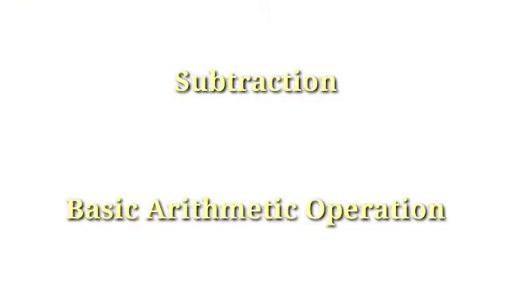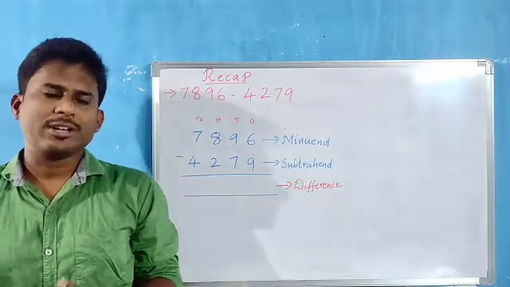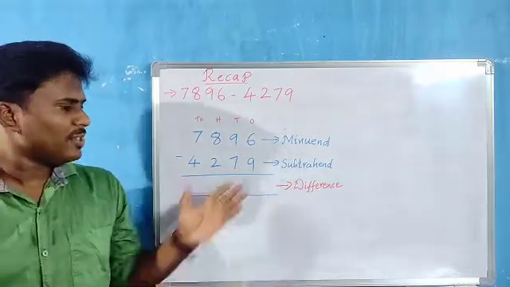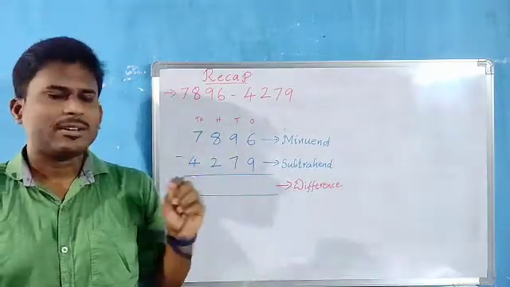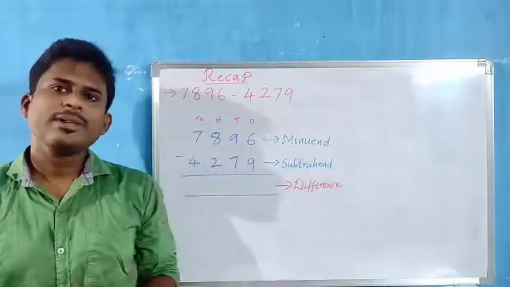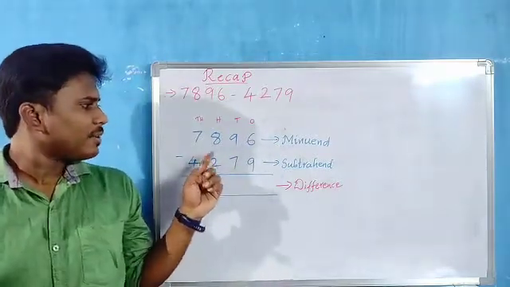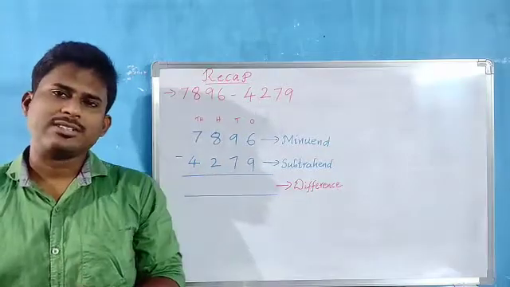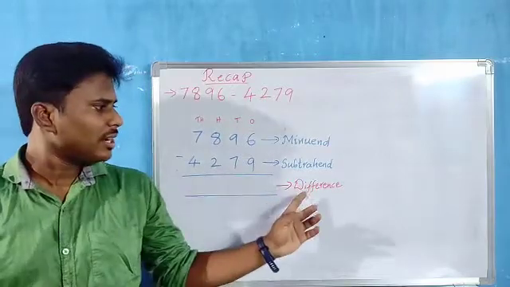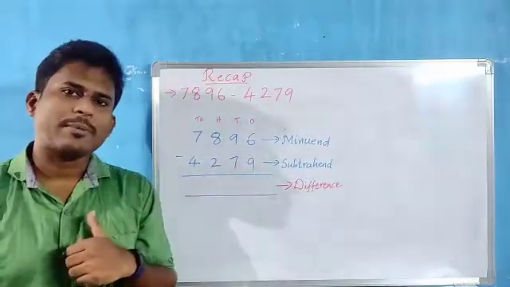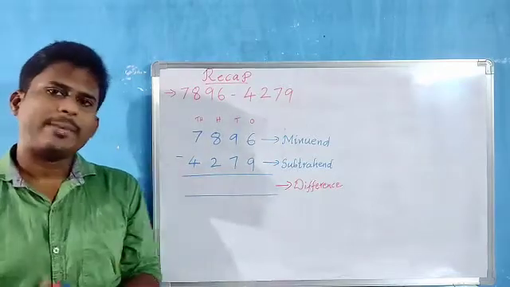Okay, children? So children, today let us learn about subtraction of large numbers, children. This is one of the basic fundamental operations, children. We have come to know the concept of subtraction, children. Now, shall we start solving the problem of recap? Now see, children, here the larger number from which we subtract is called minuend, children. The smaller number which is subtracted from the minuend is called subtrahend, children. And after doing the subtraction, we get difference. The result of subtraction is difference, children. And see, children, the symbol of subtraction, as we discussed just now, is minus, children.